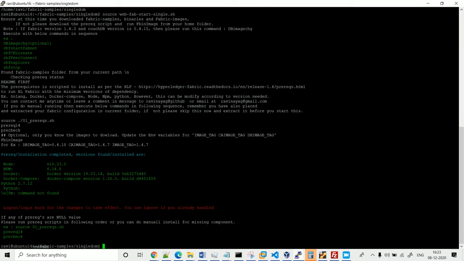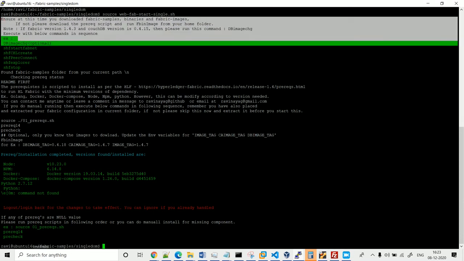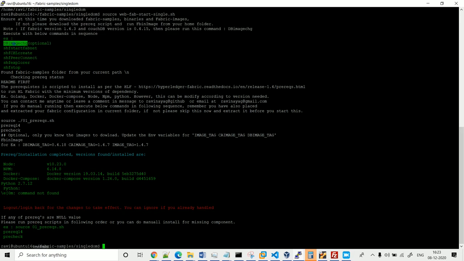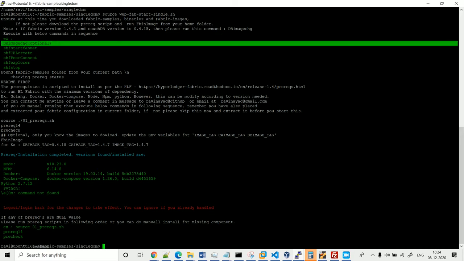Right. So this script again does the prerequisite check, and again it tells you that you have to start these commands one by one. If it is 1.4.3, then probably you have to do the image DB image change.